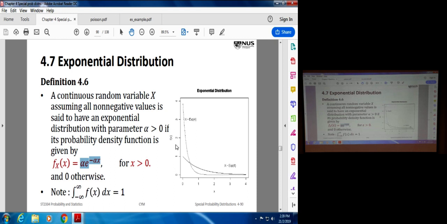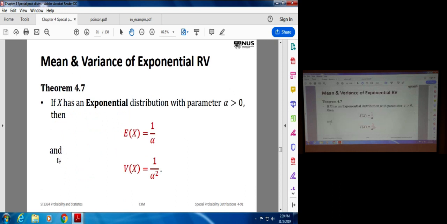As you can see, the exponential 4 goes to 0 fast. Exponential 1 tends to have a little bit longer before it goes to 0. But the tail is very, very thin. We say that, anyway, x has an exponential distribution